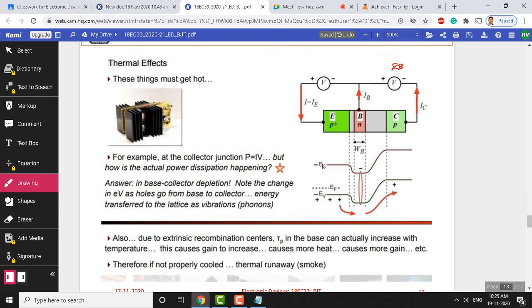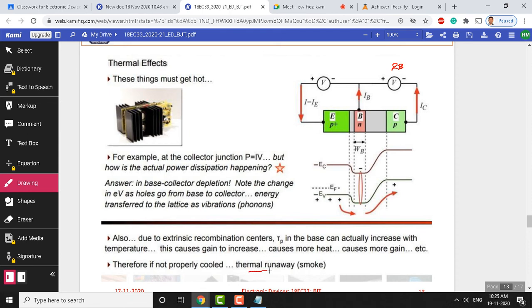As I mentioned, these holes are injected from the emitter to the collector, and holes transfer energy from the emitter to the collector here. So they dissipate a lot of heat, because holes are moving from a lower energy state to a higher energy state. So they give up energy to the atoms here. There may be defect atoms also that can cause a lot of heat dissipation within this collector base junction. Now this dissipation of heat, if you don't remove it properly, then this excess heat is going to create a problem called thermal runaway here.